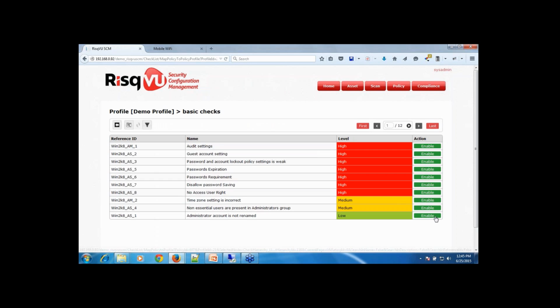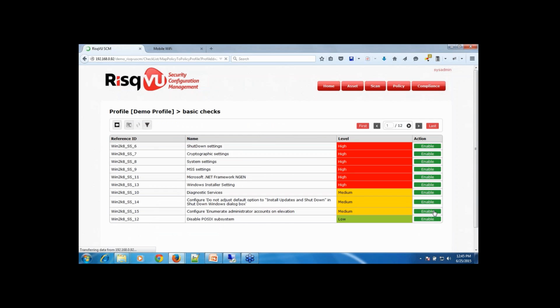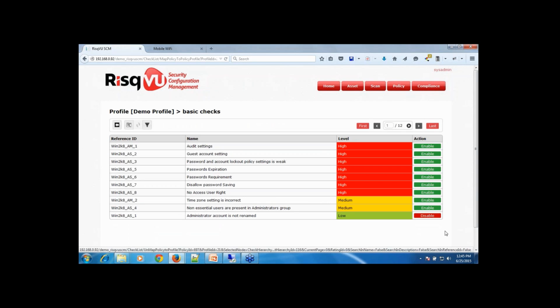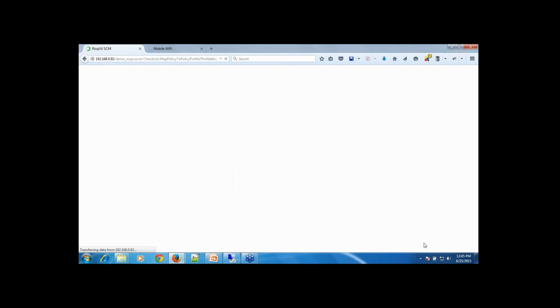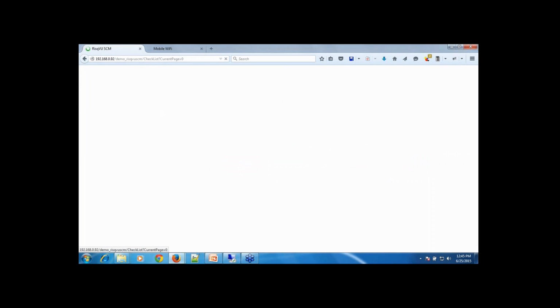Now, a lot of policies are here. You can simply go ahead and enable or disable any policy over here, and once you enable the policies, they get enabled under that node. And if you go back, you see that these three policies are enabled under this particular hierarchy. So basically, if you have a huge repository, you can do all sorts of permutation and combination to select various policies as and when required.